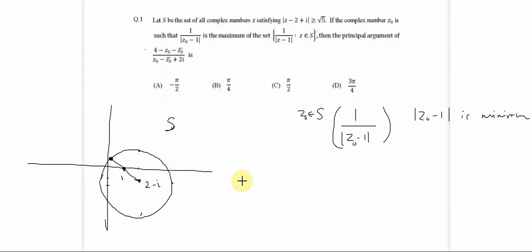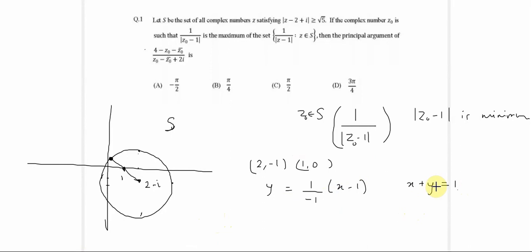Now by using geometry, we find the straight line, and then solve for the straight line and the circle, and we'll find this point z naught. Okay, so the points are 2, minus 1 and 1, 0. We get y equal to 1 by minus 1 times x minus 1, which is x plus y equal to 1. This is the line, and we need to solve.